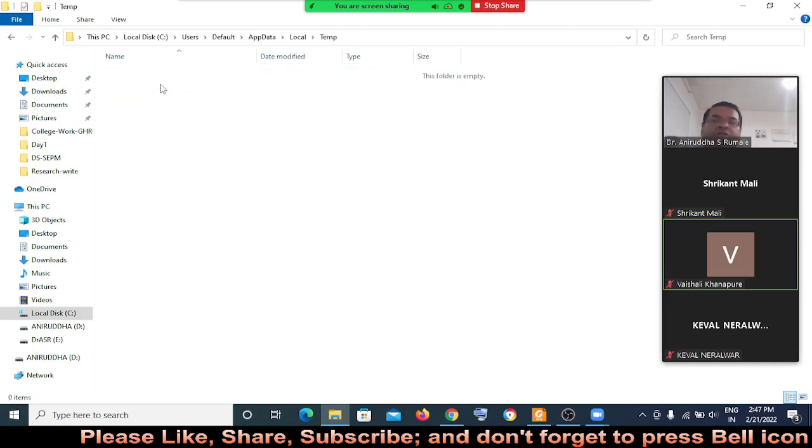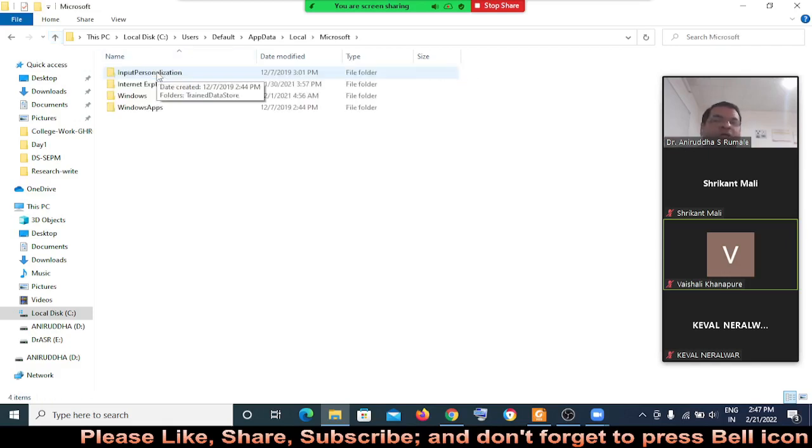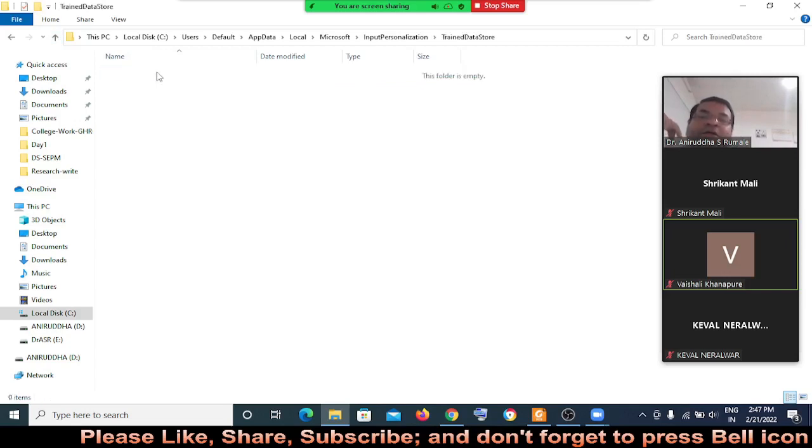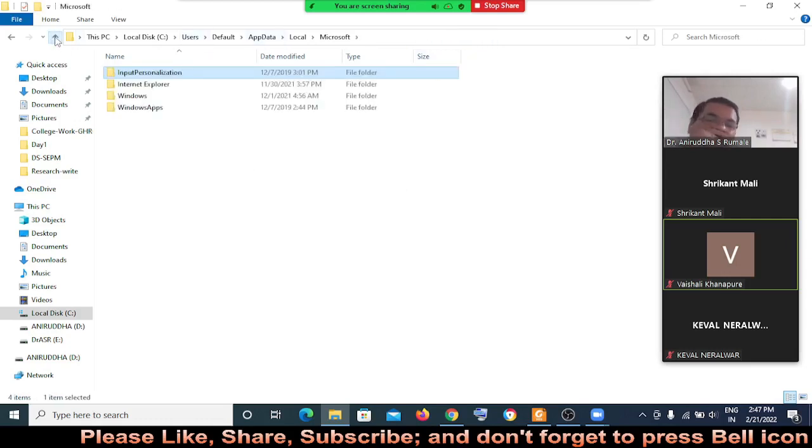If you go into the temporary data, if there is any data in temporary, I generally have a habit of cleaning everything, so you will not get any data on mine. And here is the data store: when you use the Windows data store, all the logs and history will be recorded in this train data store. That you have to clear, because if you keep that history there, then that history can be read by